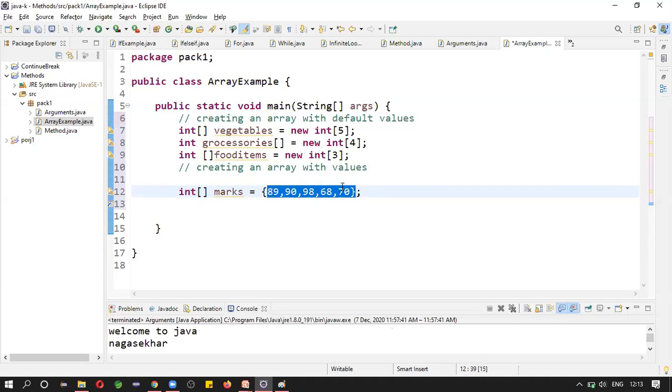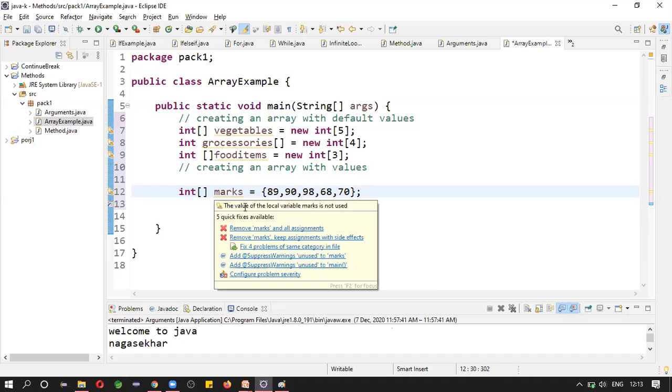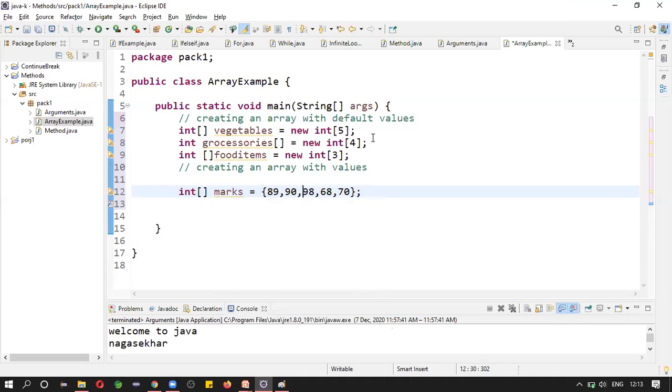This is nothing but size. How many elements are there? 5. So the size of marks array is 5. Okay. So let us insert the values into vegetables. Vegetables of 0 is equals to